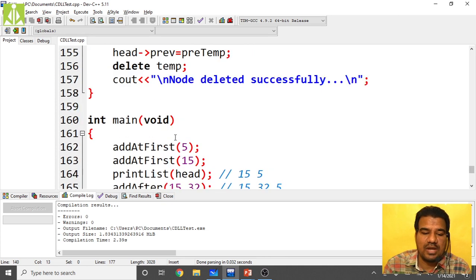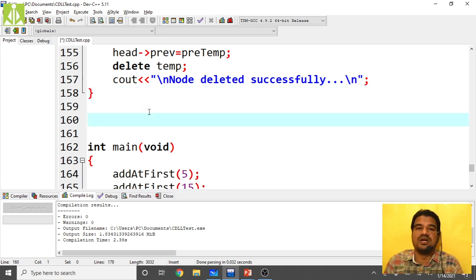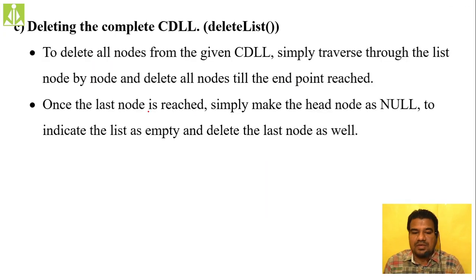So likewise, the last function in our discussion and the last function in your third unit is deleting the complete circular doubly linked list. How we do that: step by step we move, node by node we move, and we delete all the nodes.